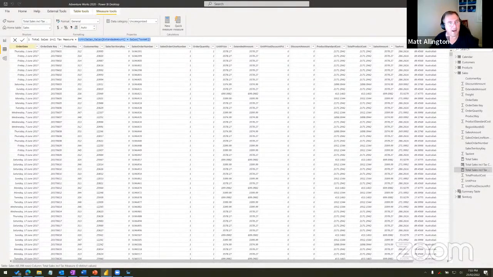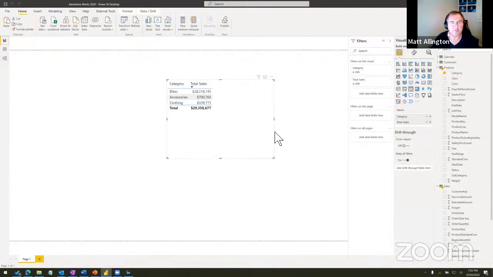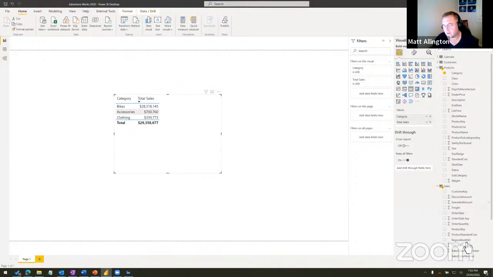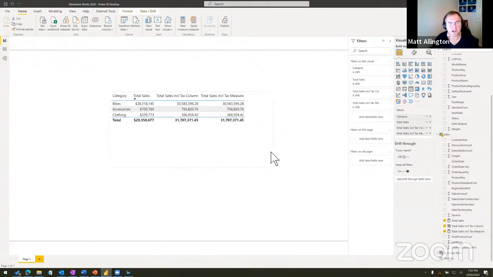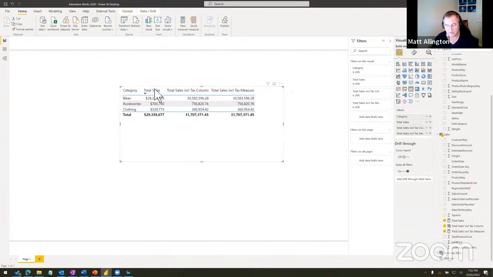And when I come back to my visual, so there's total sales. Here is my total sales calculated column. And here is my total sales SumX measure. And you can see that they return exactly the same number. And they do exactly the same thing. And so this is the concept that I want you to take away: imagine a SumX is just like